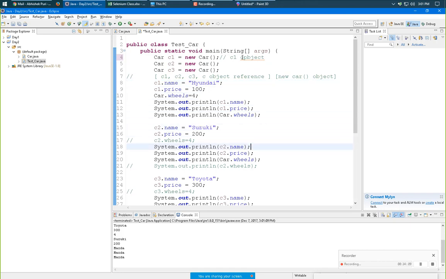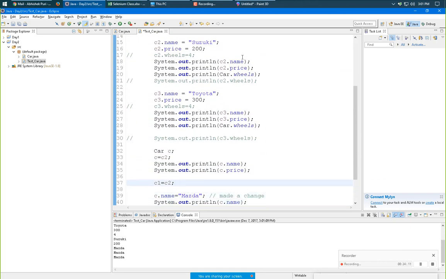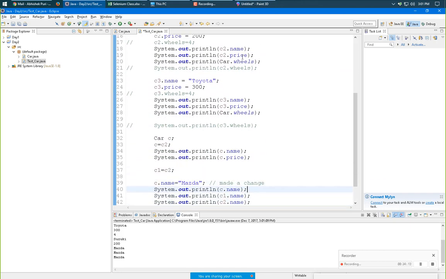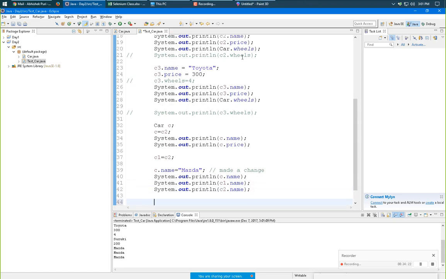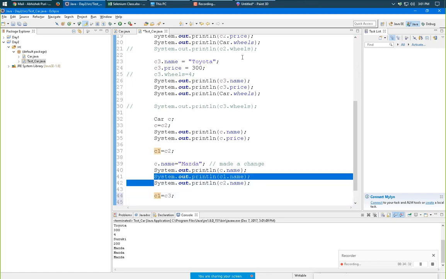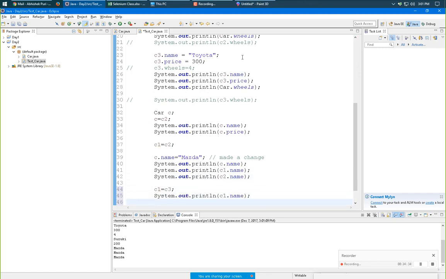Now C1 is also having the same object of C2. Right now, if I give the object of C3 to C1 and try to print C1, it will give me Toyota.